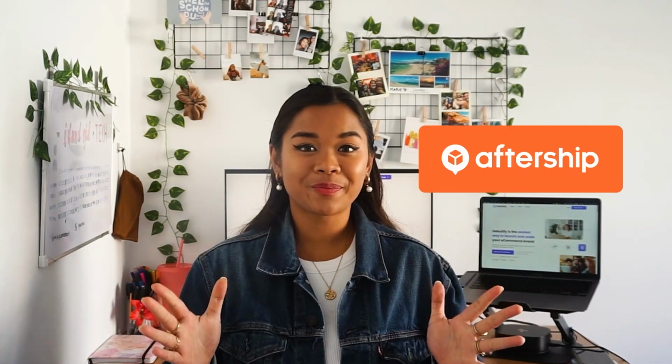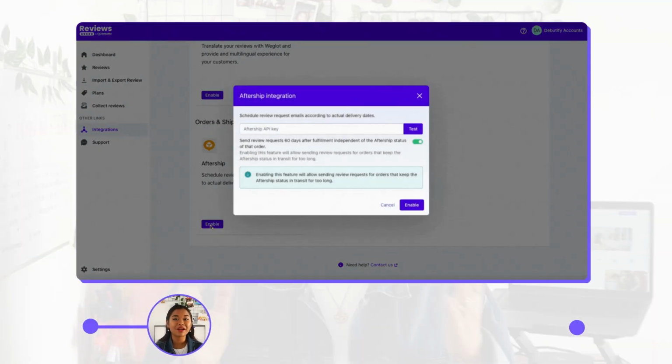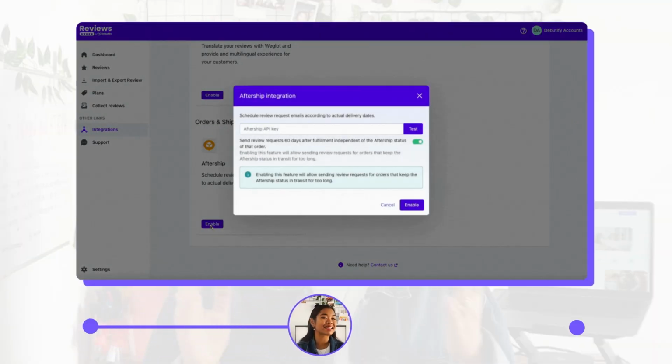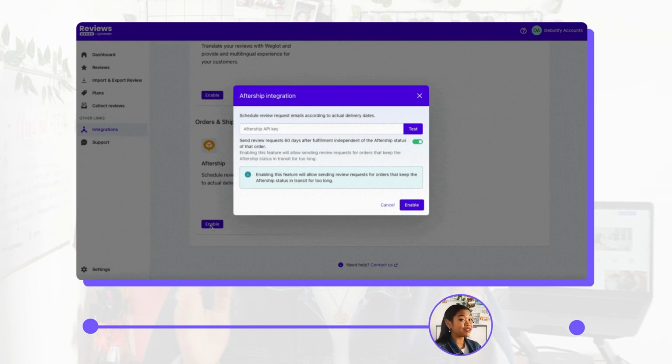Aftership. Timing is crucial in review requests, and Aftership can help you schedule review request emails according to the actual delivery dates instead of Shopify orders fulfillment. Integrating Debutify Reviews with Aftership is as easy as getting your Aftership API key, pasting it to the text field,